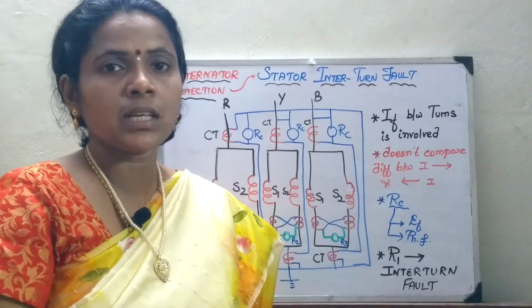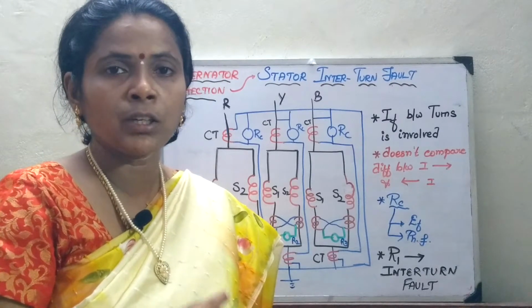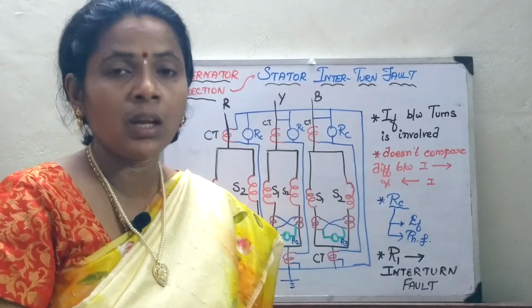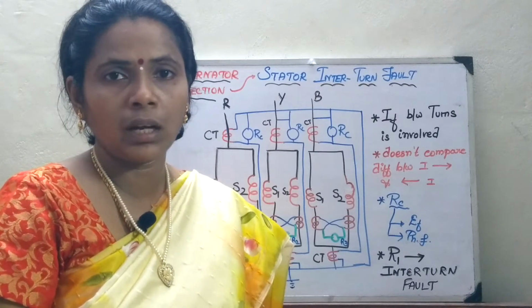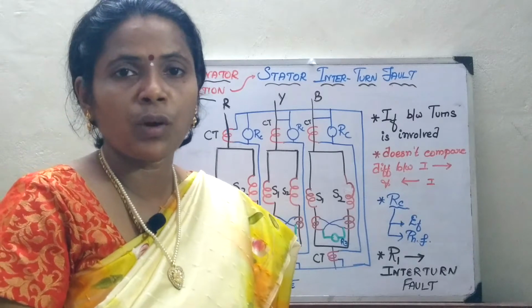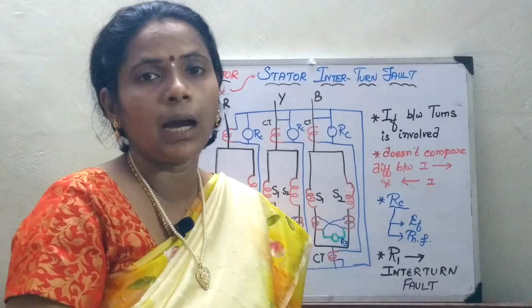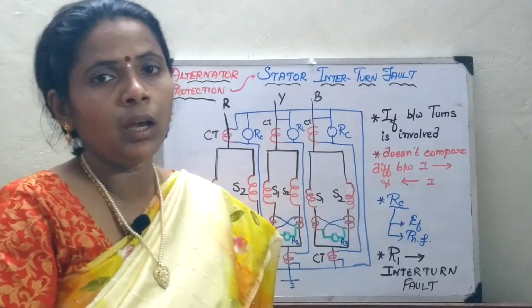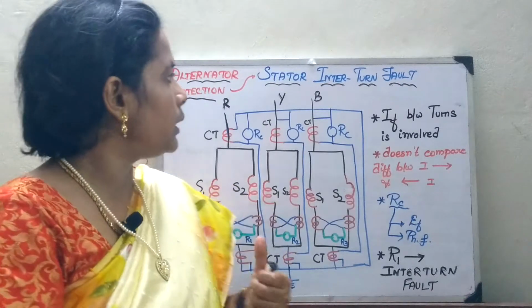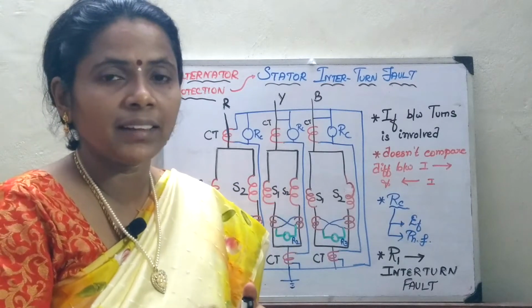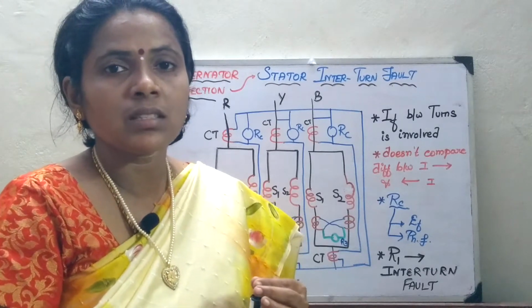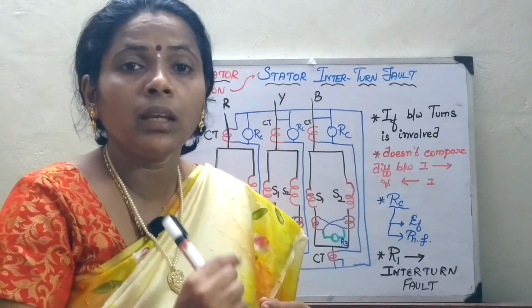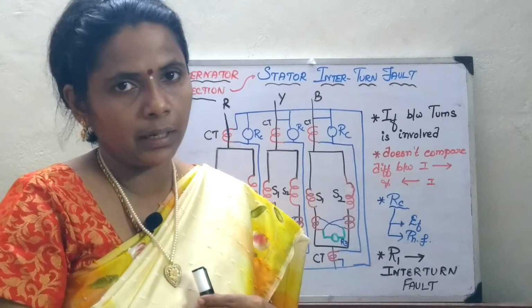This difficulty is overcome in modified differential protection by incorporating separate low setting relays for the earth relays, and for the phase to phase fault you have a comparatively higher grading setting for the relays. Now, the third type of protection is stator interturn protection, where we just consider the fault between the windings of the alternator.